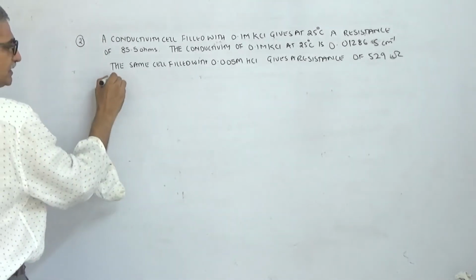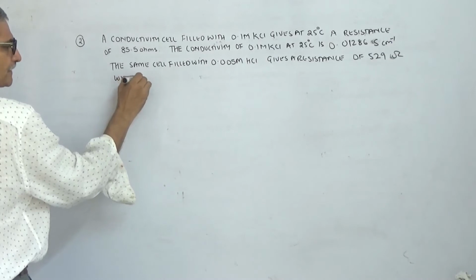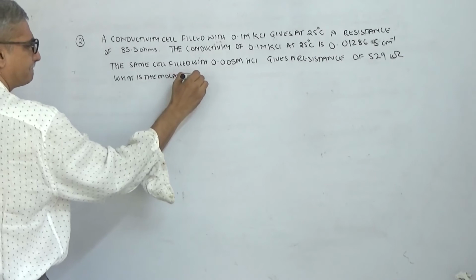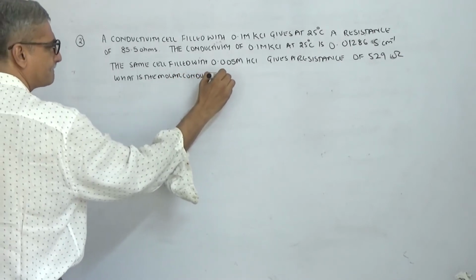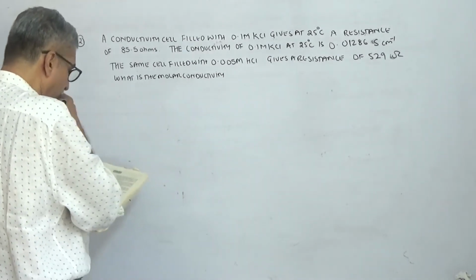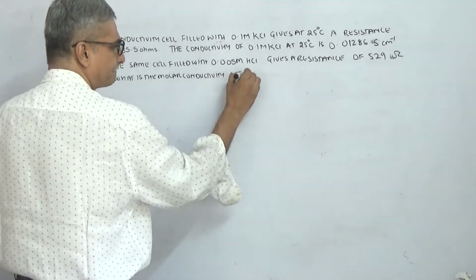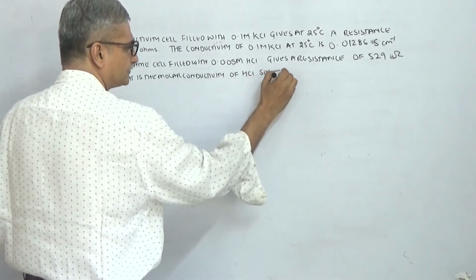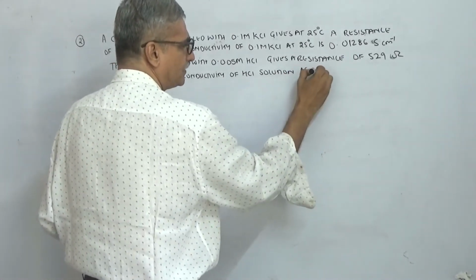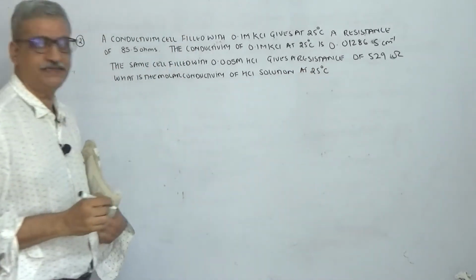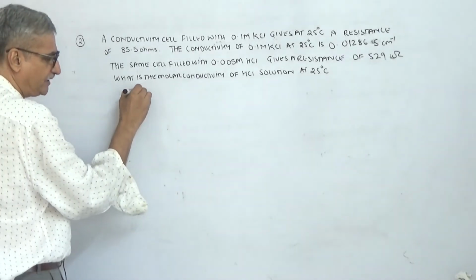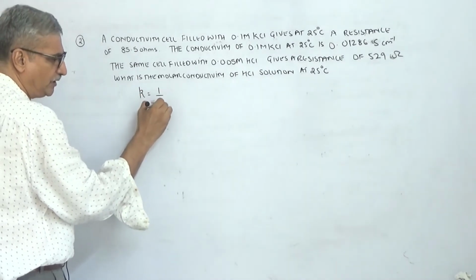What is the molar conductivity of HCl solution at 25 degrees centigrade? So first, again same logic, we have K will be equal to 1 upon R